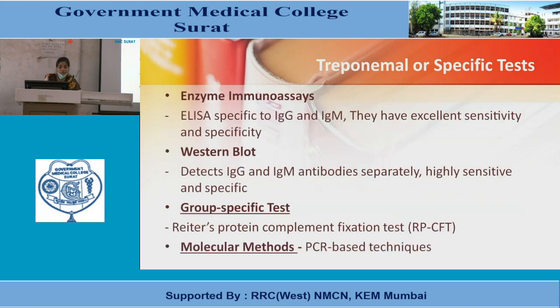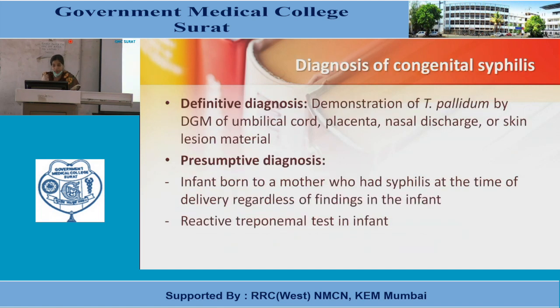Another is the enzyme immunoassay, ELISA, specific to IgG and IgM. They have excellent sensitivity and specificity. Western blot detects the IgG and IgM antibodies separately. It's highly sensitive and specific. Next is a group-specific test, Reiter's protein complement fixation test, and the molecular method is a PCR-based technique. Diagnosis of congenital syphilis, a definitive diagnosis: